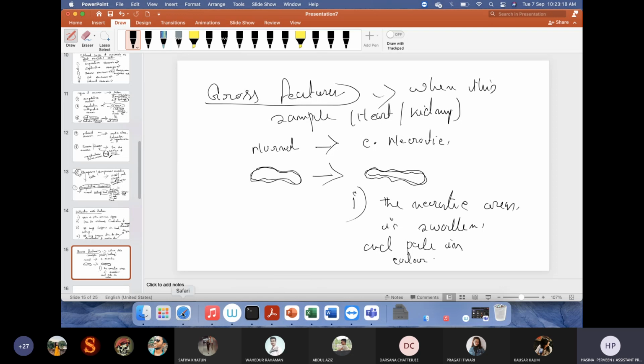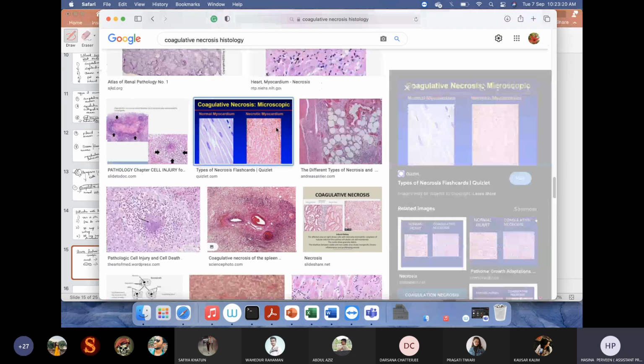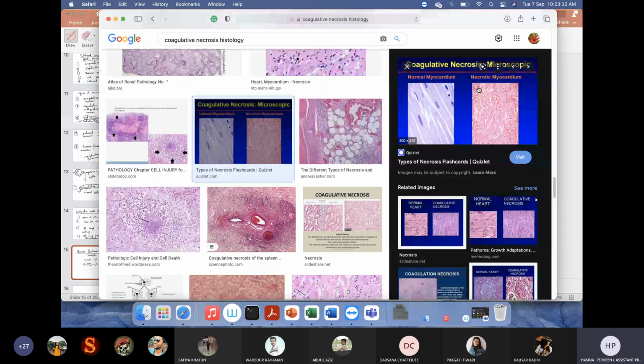It means this condition, that the cells squeeze in formation or are swollen in type. And this condition is the gross features of different types of coagulative necrotic cells, and this is the microscopic observation